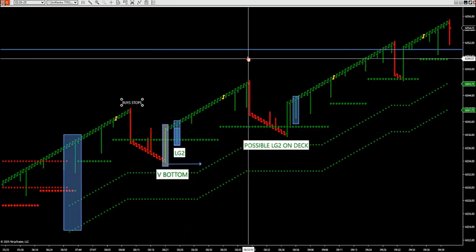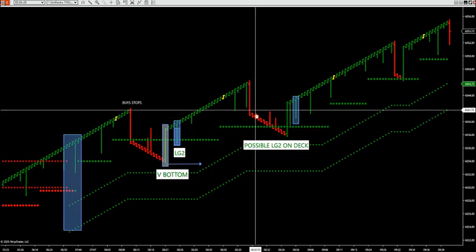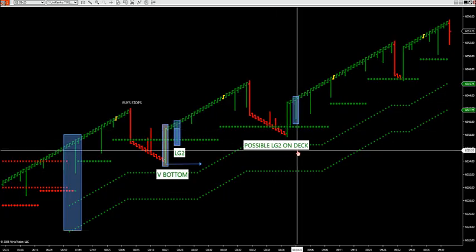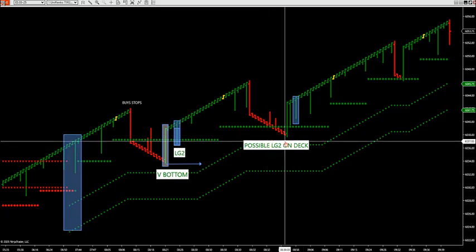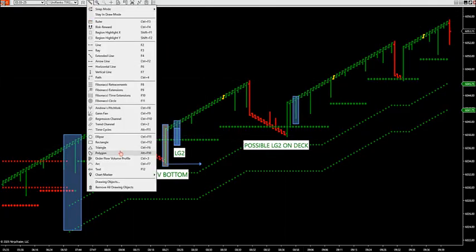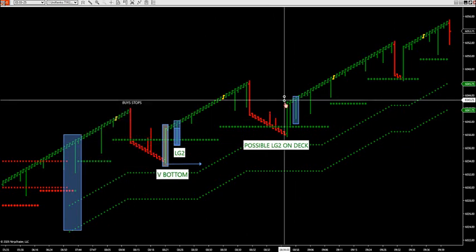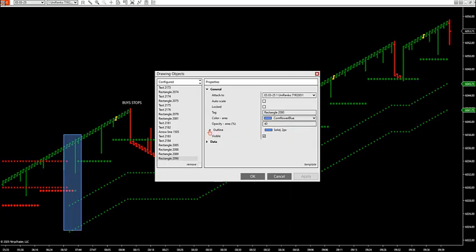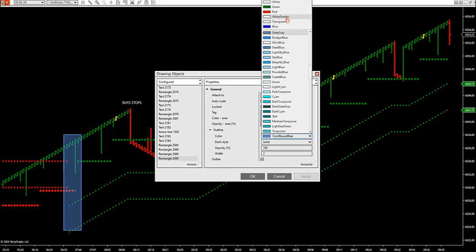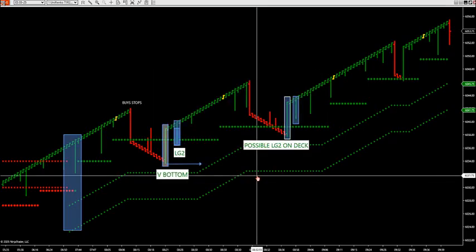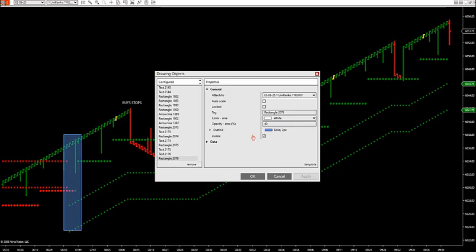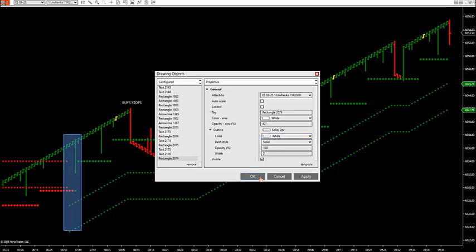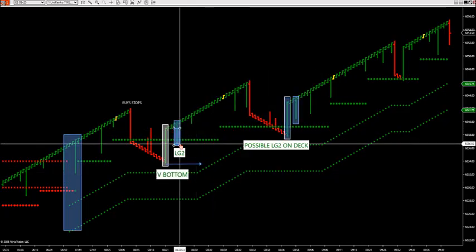The beautiful thing about this one, so we started retracing on the second candle. Okay. I said possible LG2 on deck, liquidity grab on deck. Why? Because as we reversed price, we had a V bottom that came in place right here. V bottom comes in. Now the V bottom is in place. You can turn the liquidity grab trader 2 on because the liquidity grab trader catches the first liquidity grab after a trend change. After a retracement, sorry. And a V bottom takes place. So you wait for the V bottom to take place, turn the LG2 on,